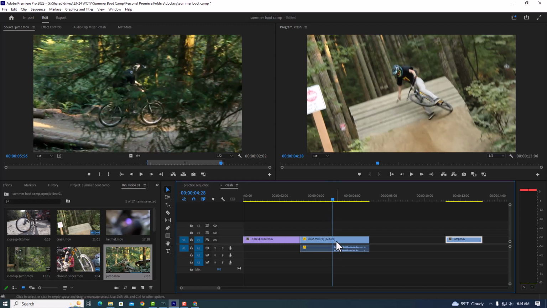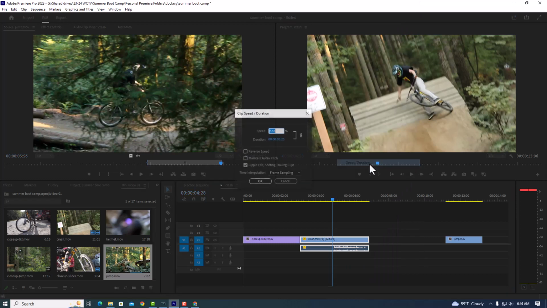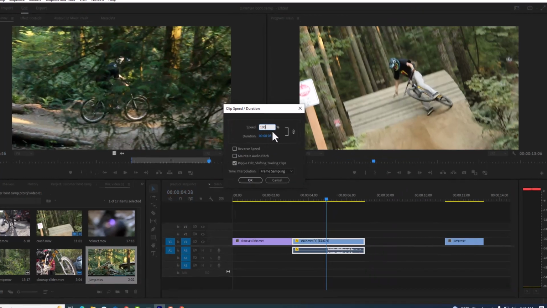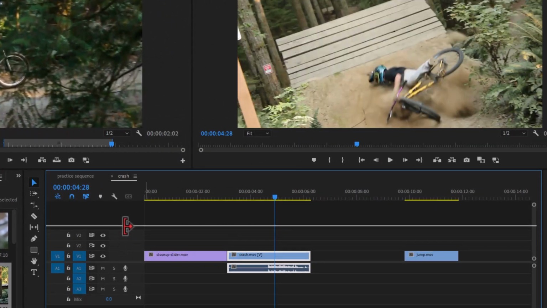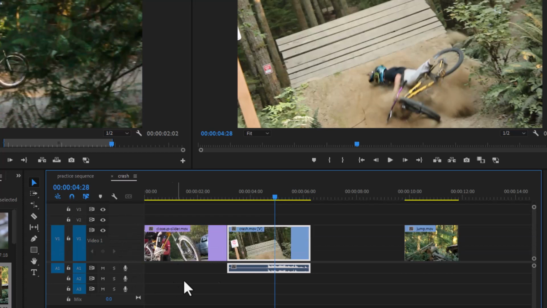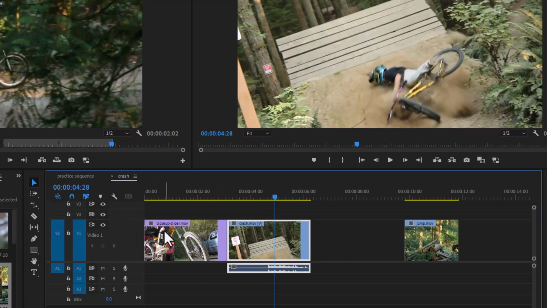speed right here. So first I'm going to go back to speed and duration and change this to 100% speed. I'm going to stretch this layer up just like we do with the audio, and when we create the audio keyframes and fade our audio or dip our audio, we need to be able to see the line in just a second. So we're stretching this layer up so that we can see the line, and then we're going to